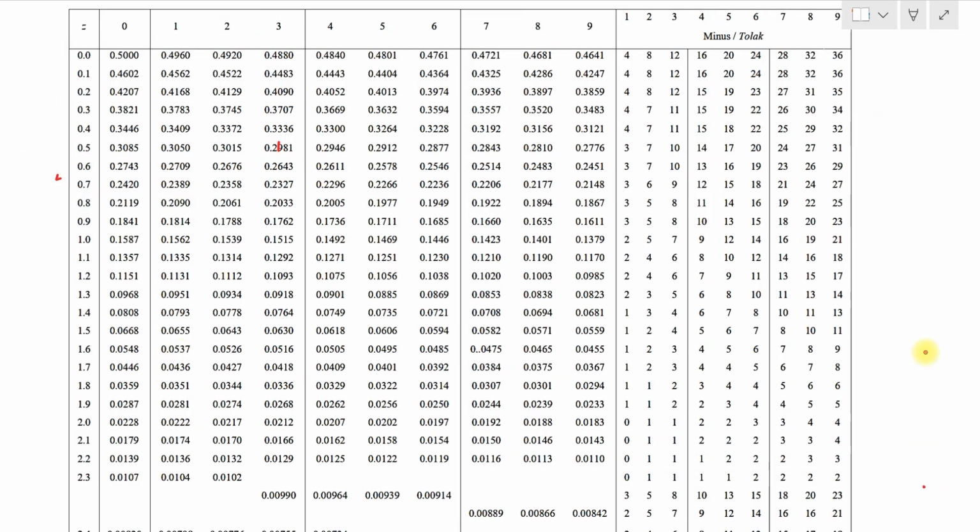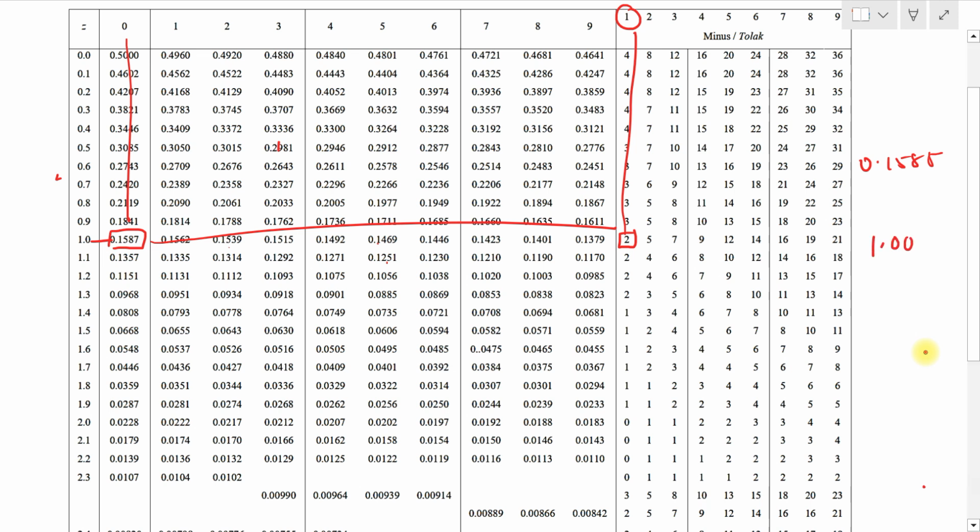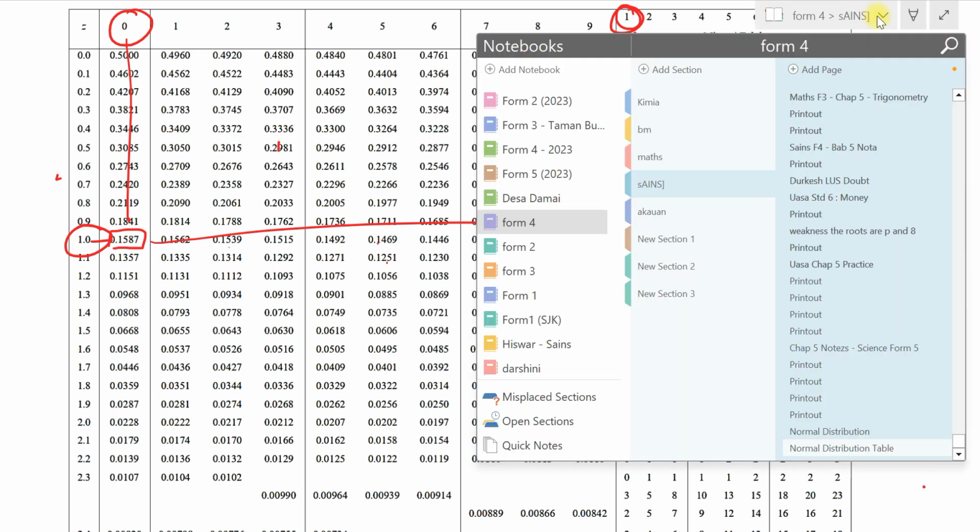Let me clear this thing. So we look for it: 15, 39 is there, 62 is there, only 1587 is there. Right? So we have to subtract 2. Subtract 2, it is already here. Okay, 1.001. Okay, so